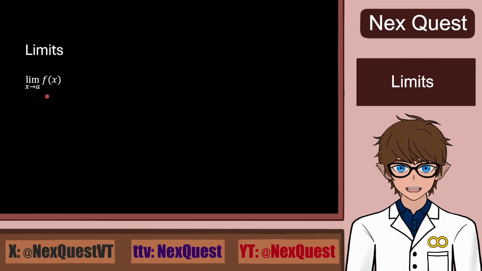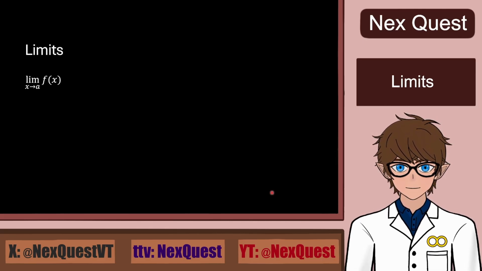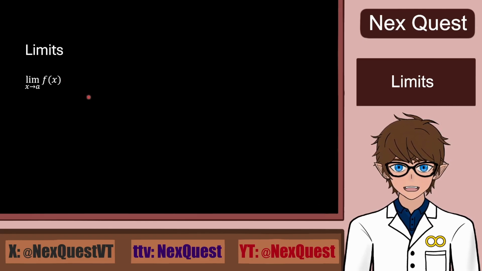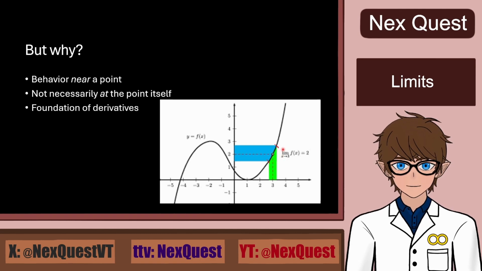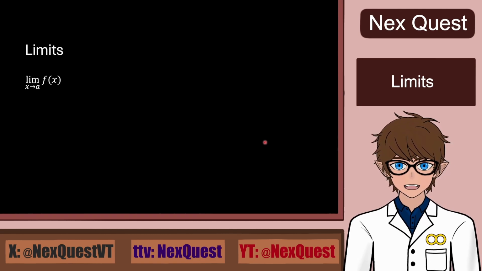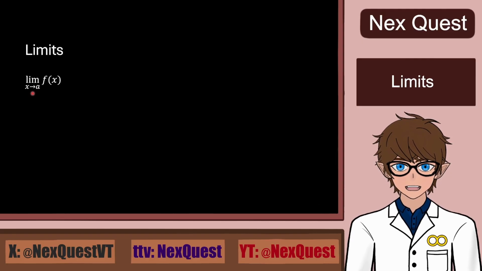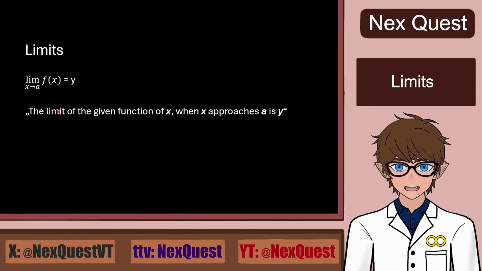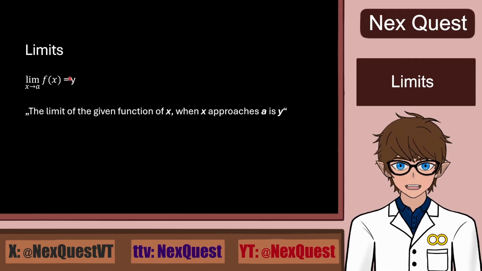So in the previous graph, like right here, limit x approaches 3. So that's kind of like that. And then what's missing here is the equals sign and then the y value. So in this example, it would be 2, like here written. Hopefully it's visible enough so you can kind of get the idea down. But yeah, under the lim part, you put the arrow. We will see, or actually I will mention other types of arrows, but usually it's from left to right. And altogether, it means that the limit of a given function of x when x approaches a is y,